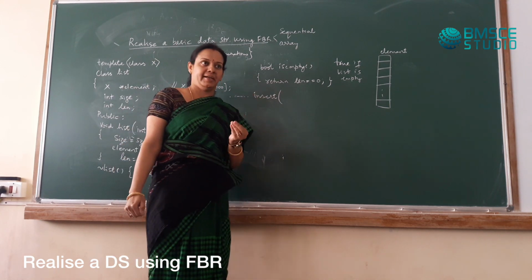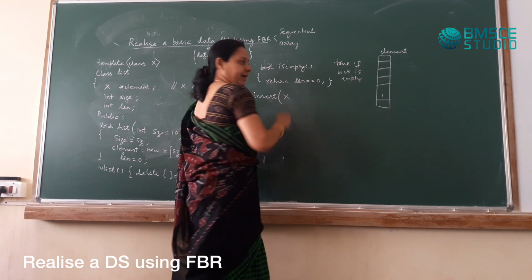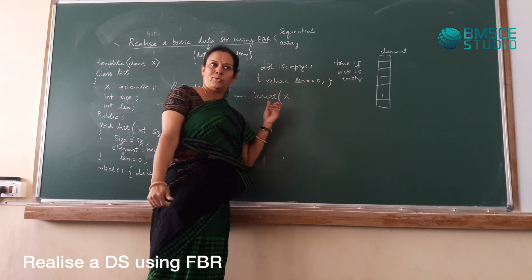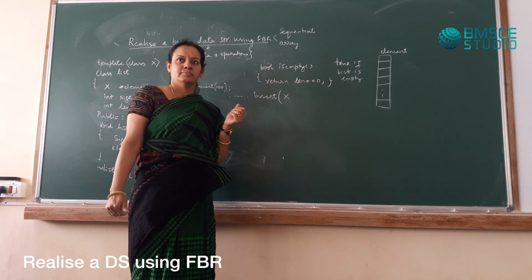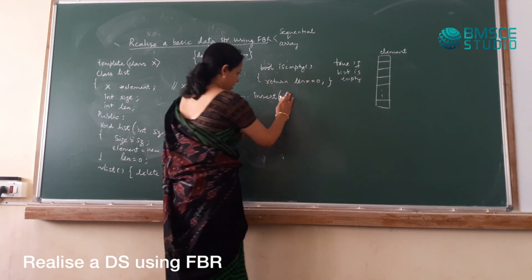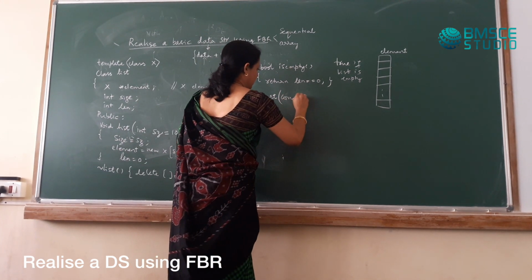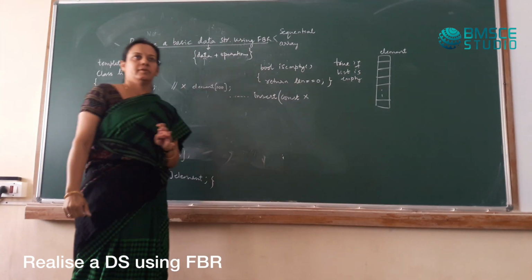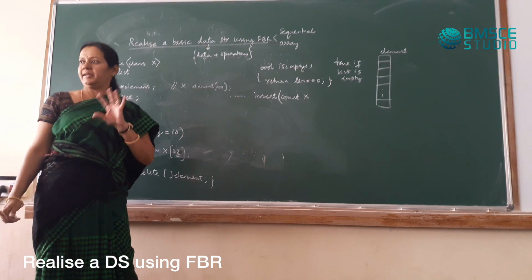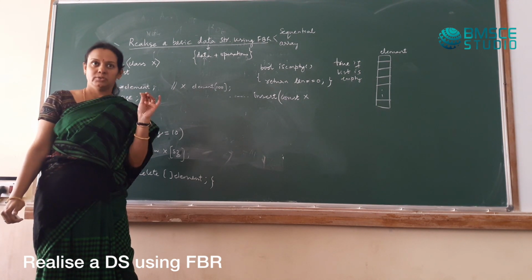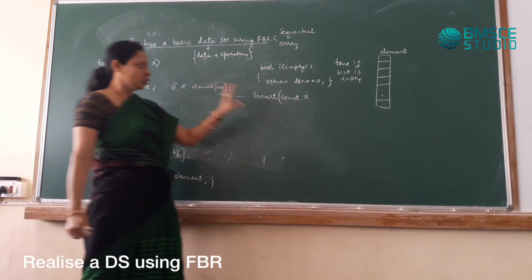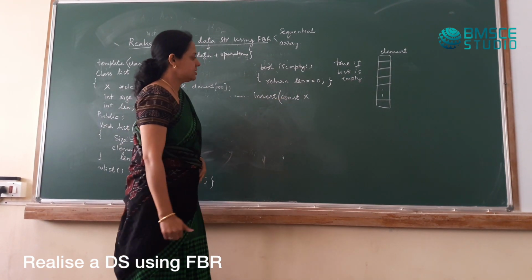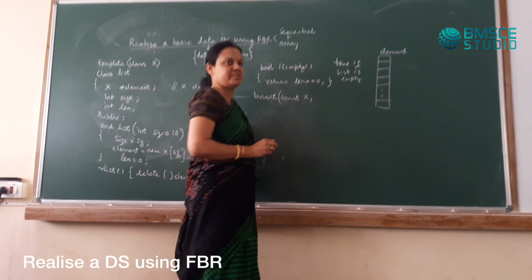I have to specify the data. The data is of type X. The data that the user gives, am I free to alter it while inserting? So what should I do? I'll put a constant. Okay? X. Is that clear? Why? Constant X. Whatever data the user has given, that should not be changed while I am trying to insert. Okay? So constant X, and what else is to be specified?